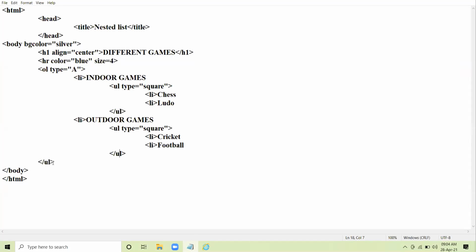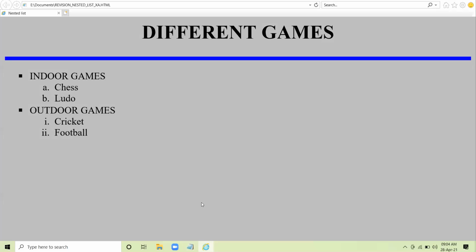Close the unordered list and finally close the ordered list. So this is the case where outer list is ordered list, inner list is unordered list. See the change. Am I clear to all of you?